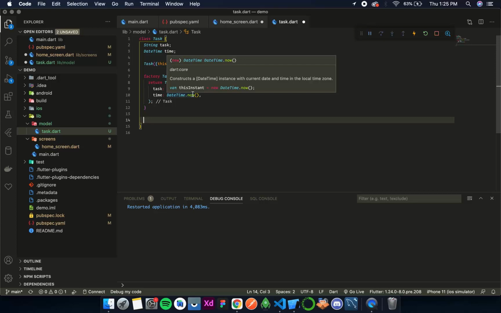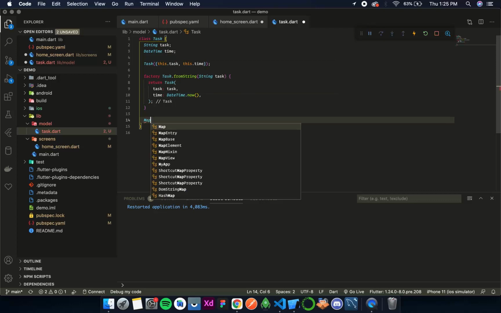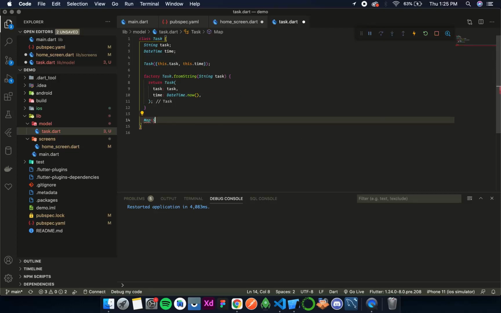So let's see. Now I want to return a map of String and dynamic. That this method can be called getMap.